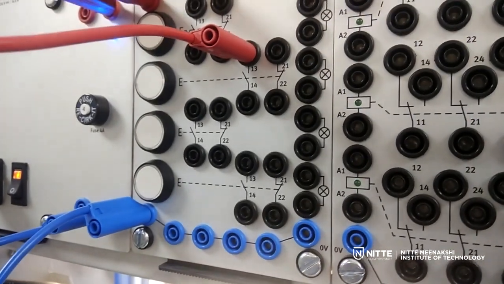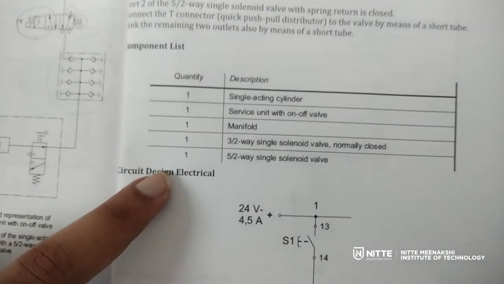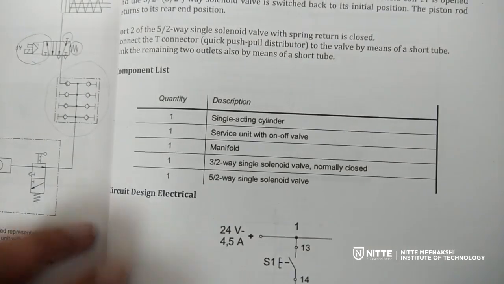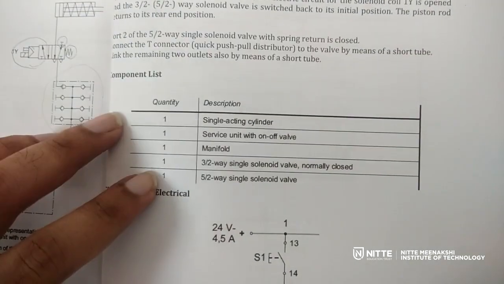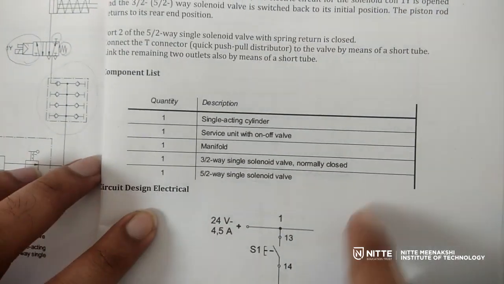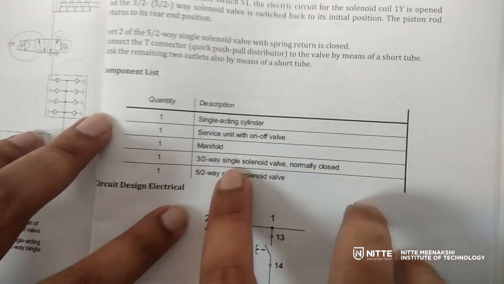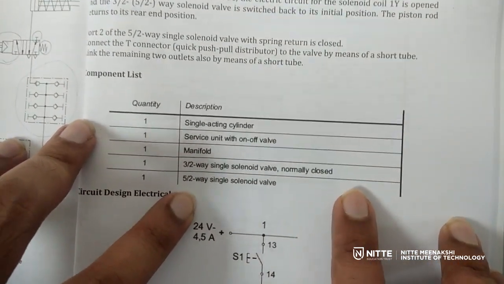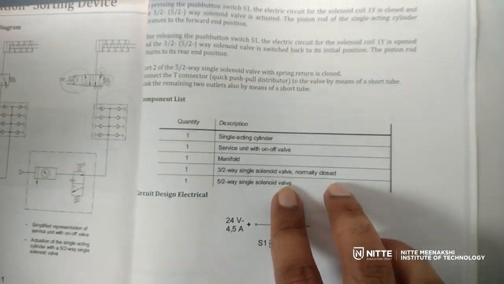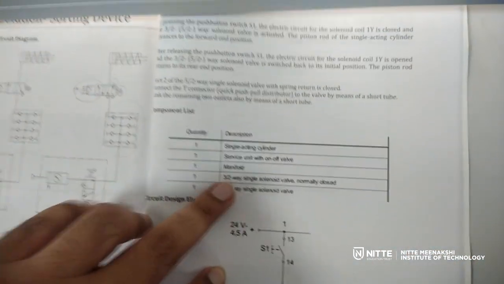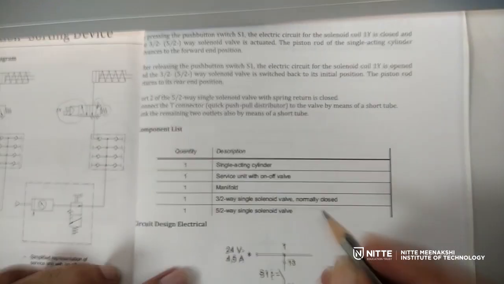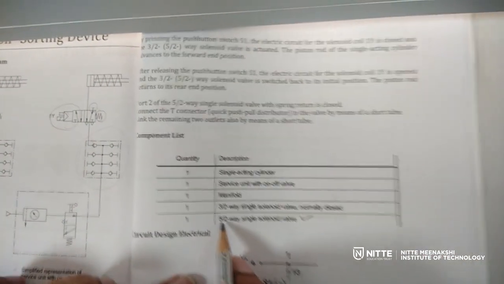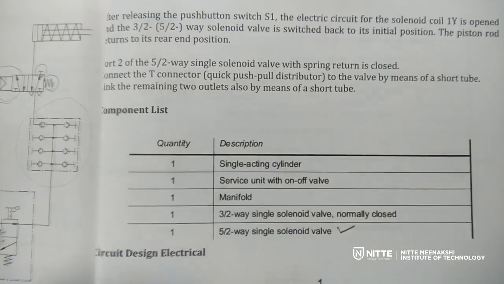As per the experiments, if we see the component list here, these are the components which are required. You have to have single acting cylinders, the service unit, on-off valve. Everything is already there on the board, on the profile, and the manifold is also already there. Either you can execute this whole setup using a 3x2 valve, or you can use a 5x2 valve. Now for the add-on system we have, we don't have a 3x2 solenoid operated valve. Instead, what we have is a 5x2 solenoid operated valve. So I would like to convert this 5x2 solenoid operated valve to a 3x2 solenoid operated valve.